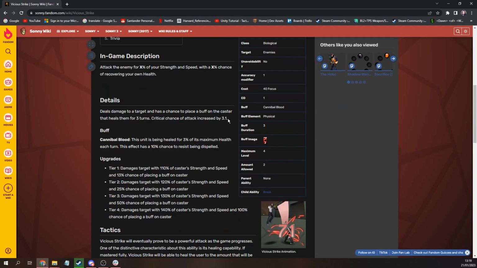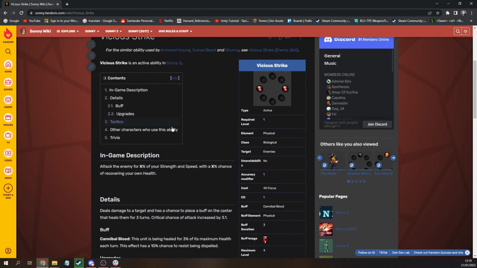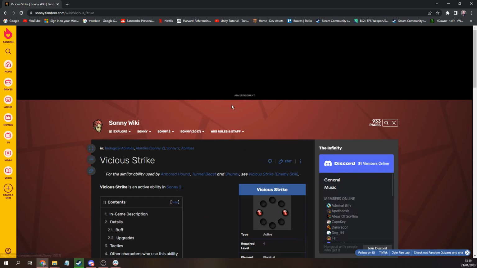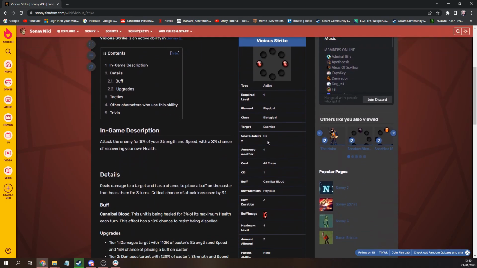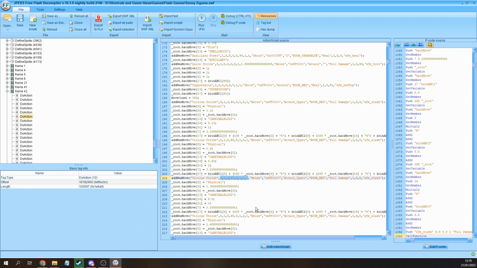So similarly, I can't overstate how important the wiki is, because if you're ever unsure about what a certain variable is, you can run it by the wiki. As you can see here, there's a crit chance of 3.1 on this attack. If I was looking at this, I probably would have no clue what I'm looking at. But as I can see here, every ability has a stat of 3.1 here, hence hack move 7 is the